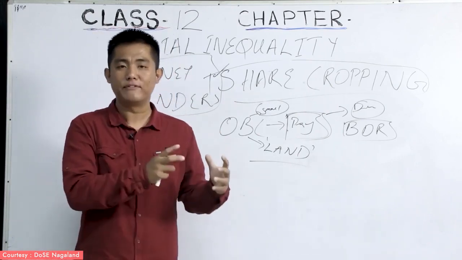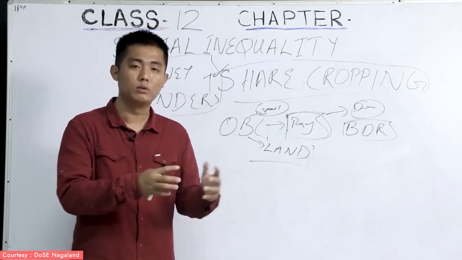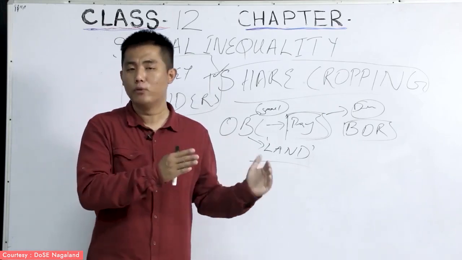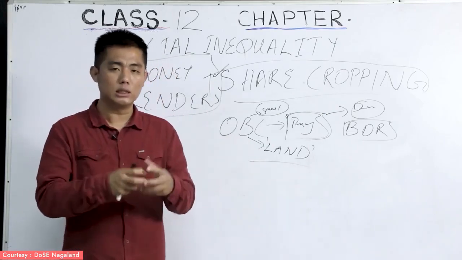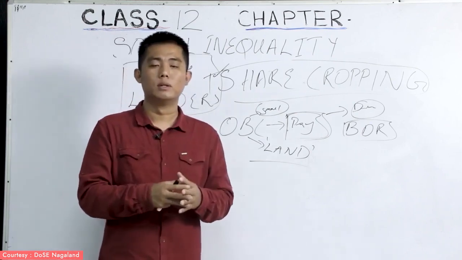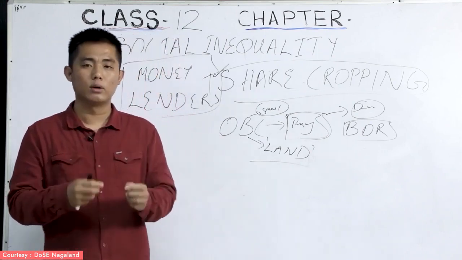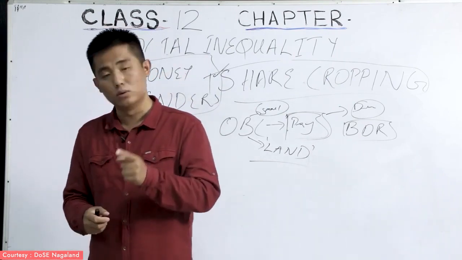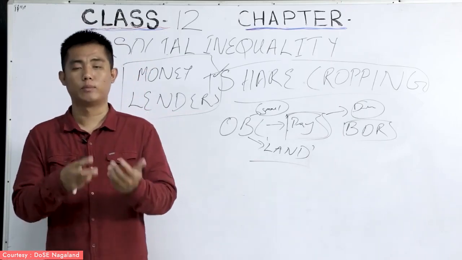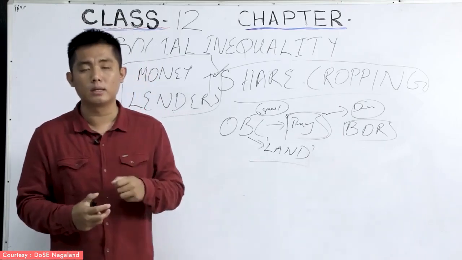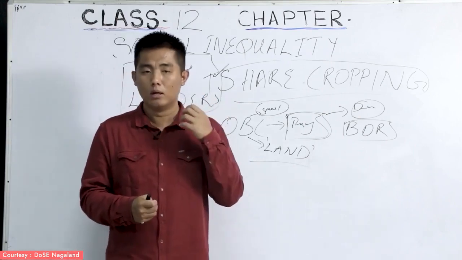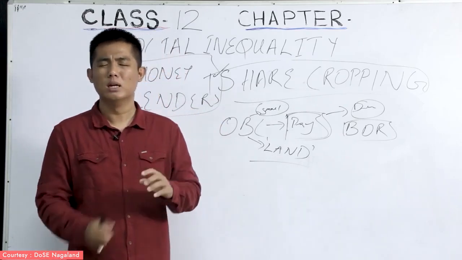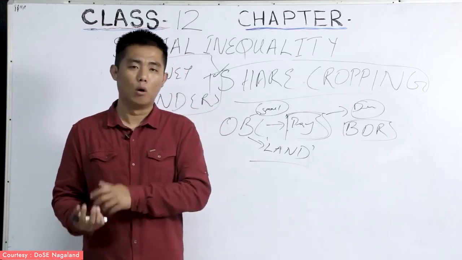So no safe drinking water, no shelter, or you have to live along with the animals, and also no proper drainage system. These were the reasons why there was so much sickness, and some of the people were also malnourished, since they don't have much money to buy all those needs. And these were the reasons why it led to a lack of health and nutrition among the people. And these are the reasons why the government is coming up with different schemes and programs in order to look after the welfare of the OBCs.